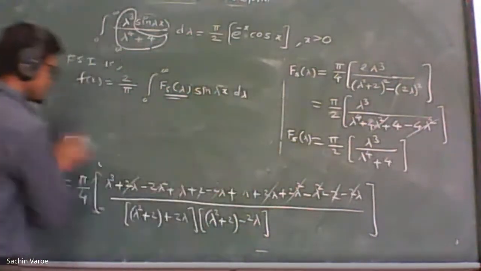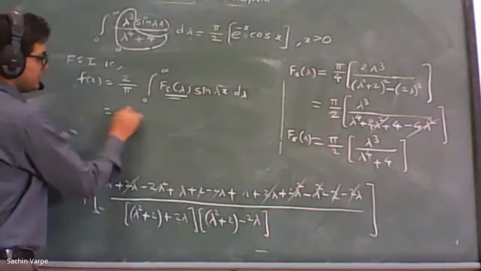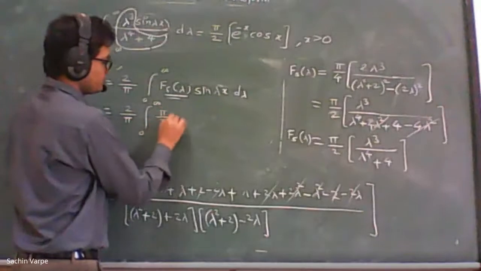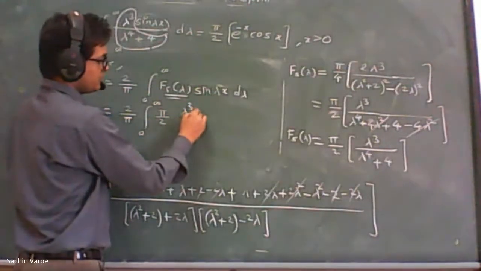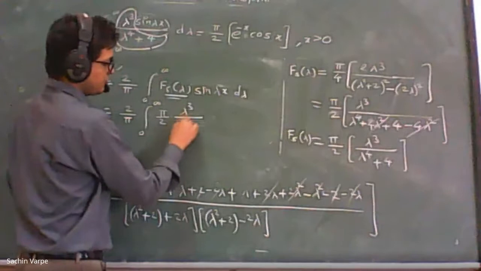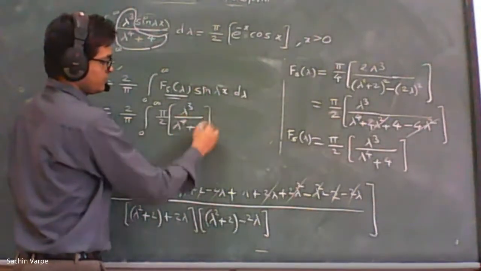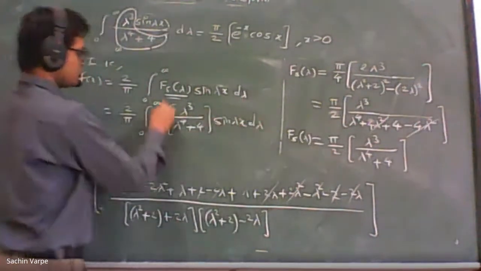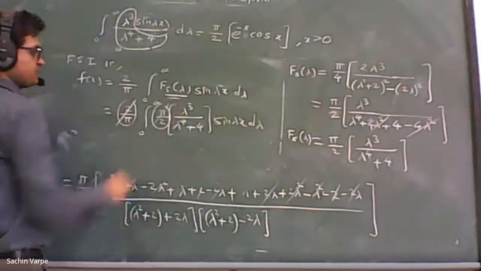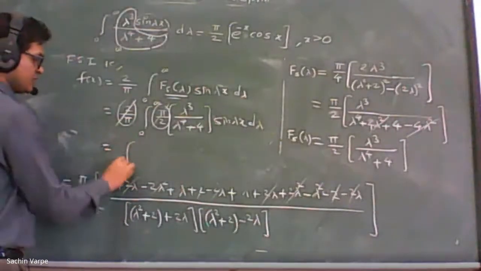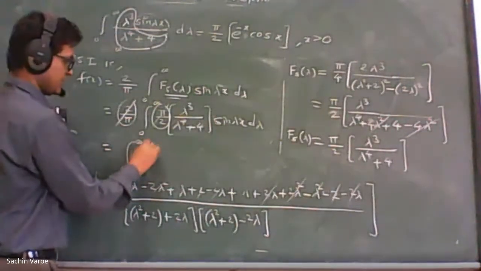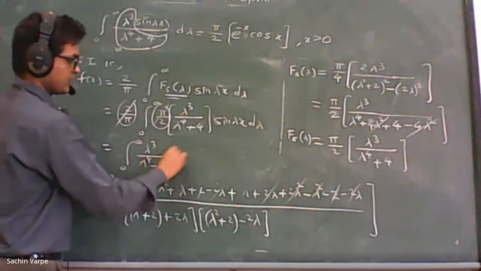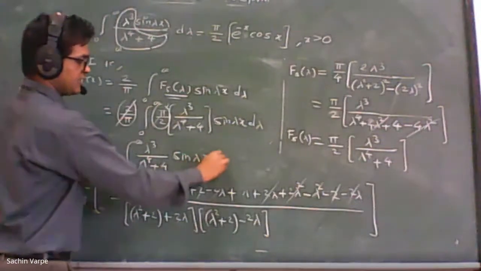So we get 2 by pi integral from 0 to infinity pi by 2 lambda cube upon lambda raised to 4 plus 4 sine of lambda x d lambda, isn't it? So this will get cancelled with this. So we get integration from 0 to infinity lambda cube upon lambda raised to 4 plus 4 sine of lambda x d lambda, and that is nothing but